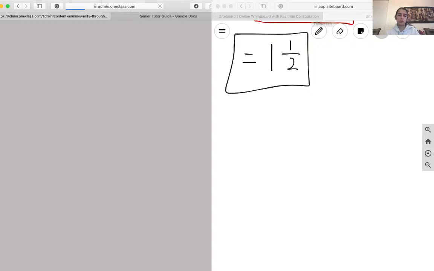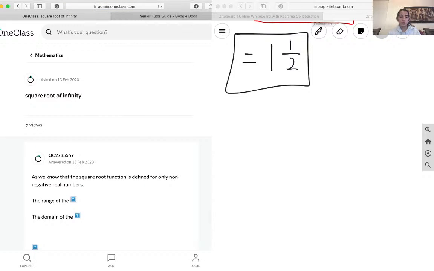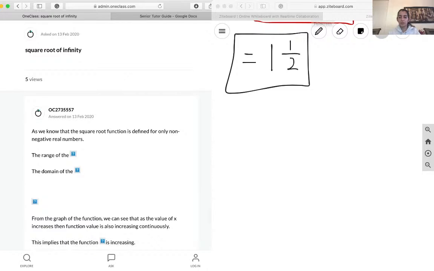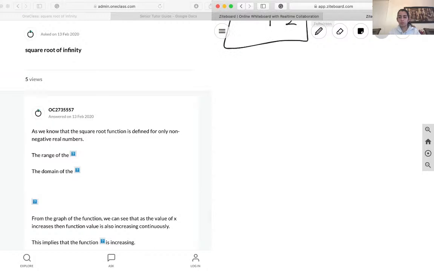Is correct, and we're going to move on to the next question. Square root of infinity. So this one's a little bit of a harder question, maybe like college level. So we're going to do that. So initially, question 4